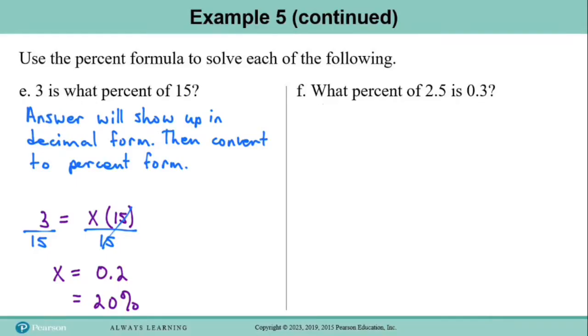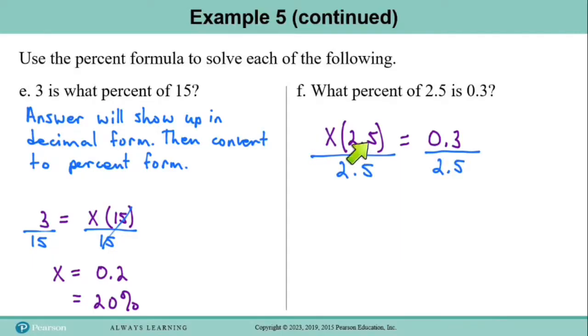Okay, part F. What percent of 2.5 is 0.3? Well, 0.3 is going to be a fairly small percent of 2.5, so let's see what it is. So what percent, that would be our unknown, so we'll put an x, of 2.5, so that would be times 2.5, is 0.3, so that would be equals 0.3. Of course, to isolate this variable, we will divide both sides by 2.5, and the 2.5s will divide out from here, and we will have x equals 0.3 divided by 2.5, which on our calculator gives us